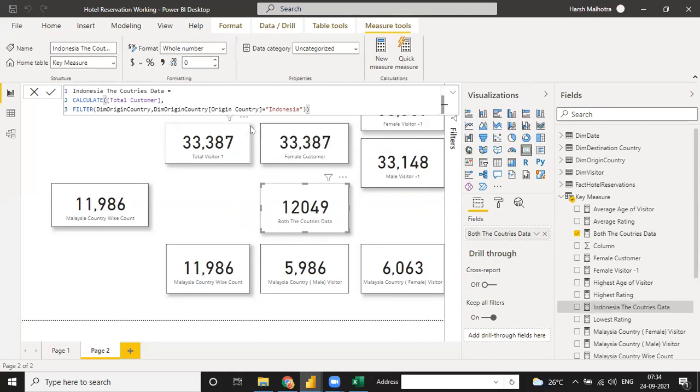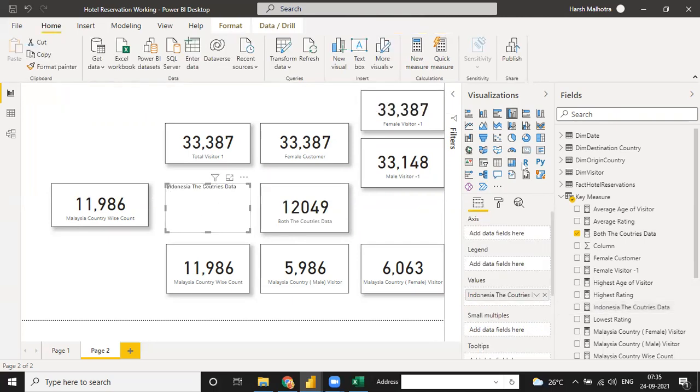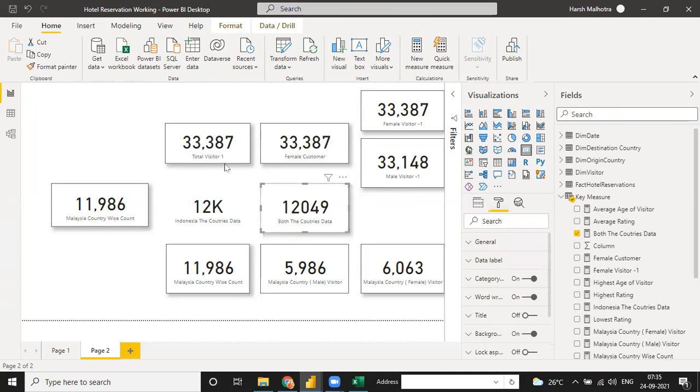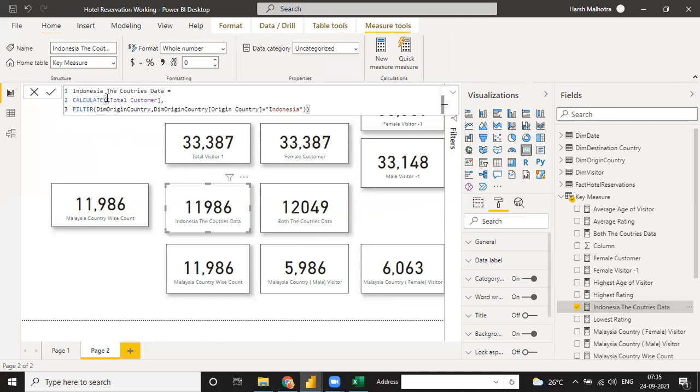Sometimes you write a correct function, but it shows as an error. See, right now it is correct. Format and function. See, 11986 matches with this. So this one is Indonesia and this one is Malaysia. This kind of different function you can count, like you can just include all these columns directly and click on enter, so that your function will be ready.